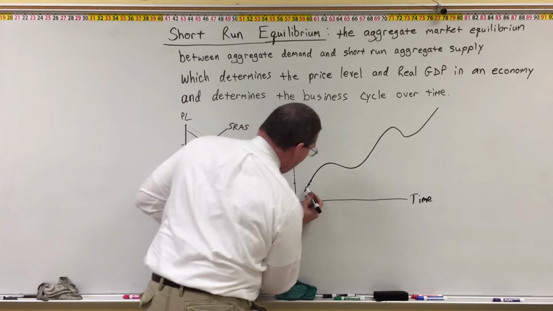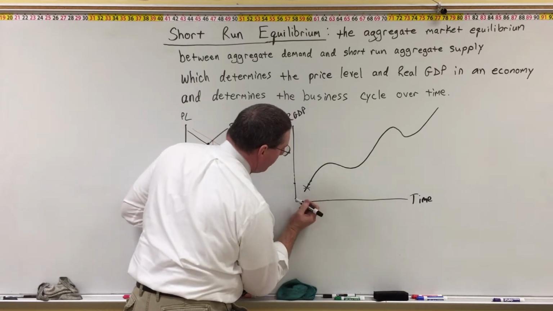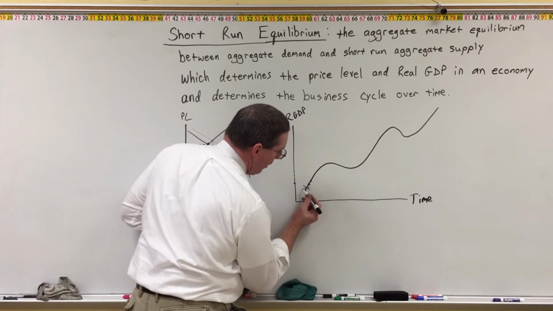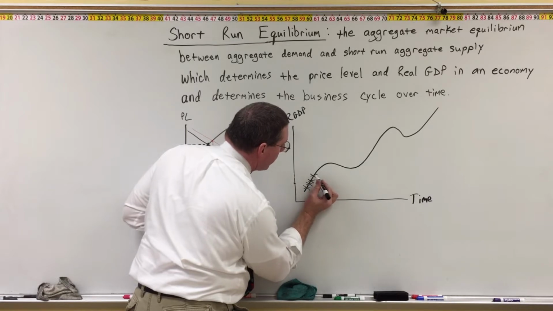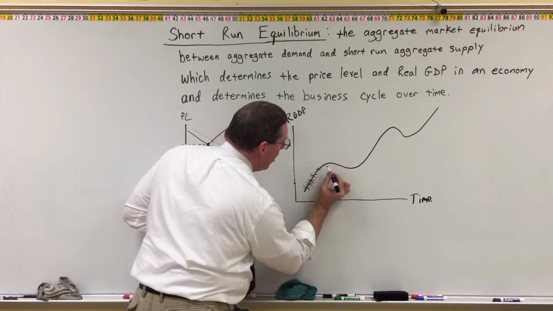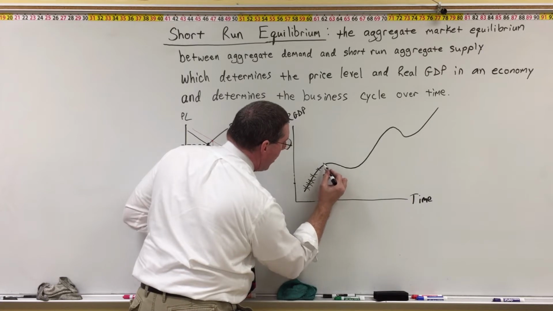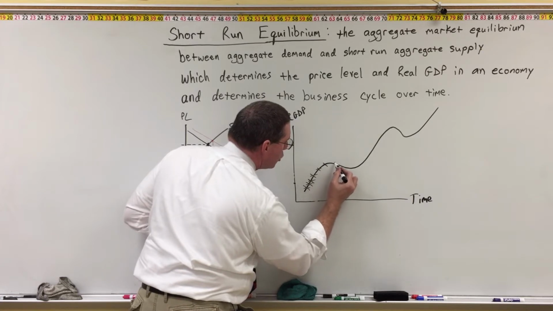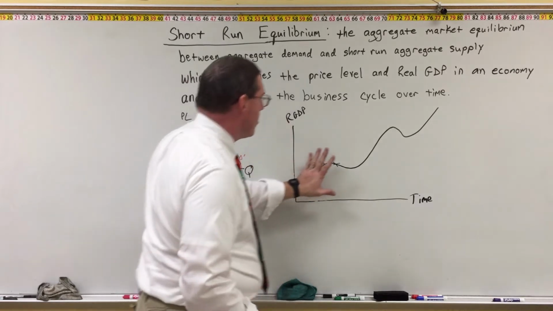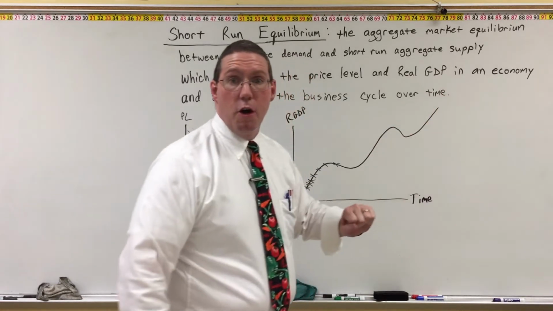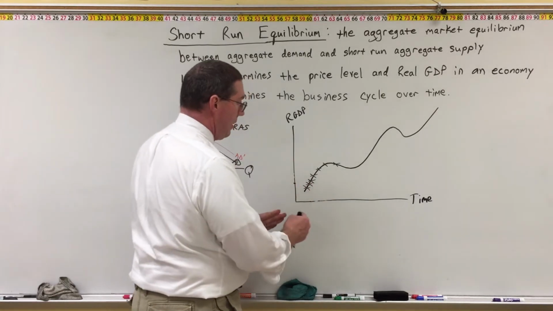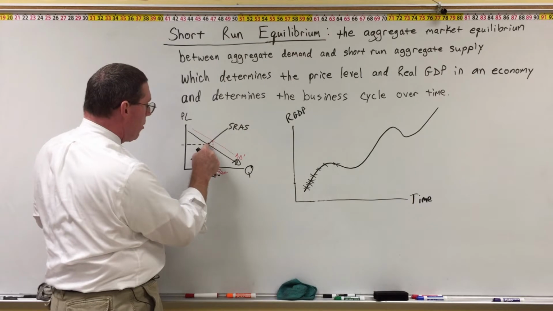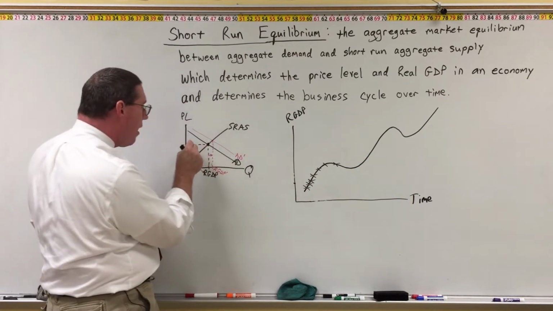And over time, what we have is, here's a supply and a demand curve, aggregate supply, short run aggregate supply and aggregate demand, another aggregate demand, short run aggregate supply, aggregate demand, short run aggregate supply, and all along here, over time is short run aggregate supply curves and aggregate demand curves, drawing the business cycle over time as it goes. And so the business cycle is basically a drawing of short-run equilibrium as it moves right and left over